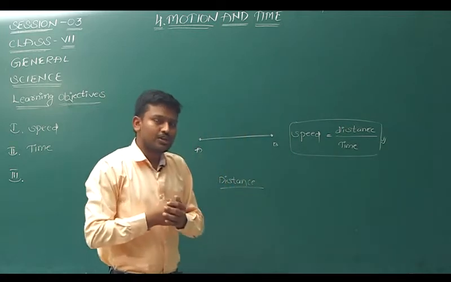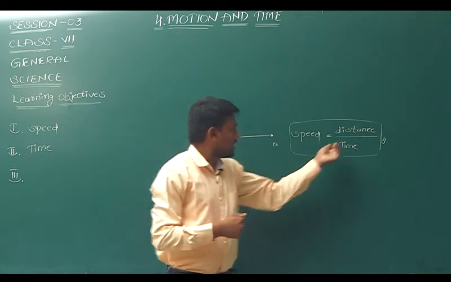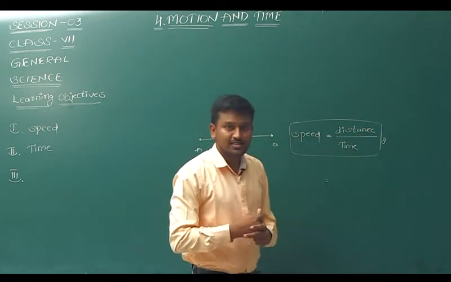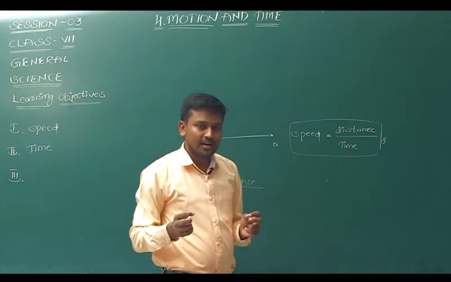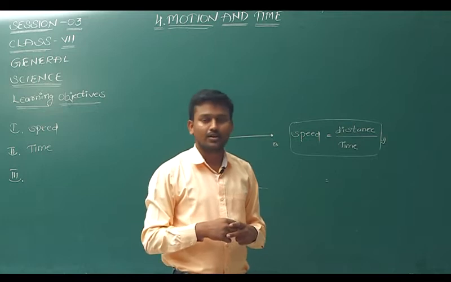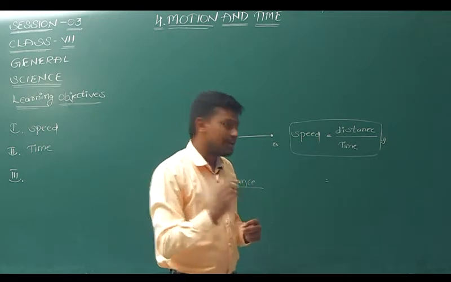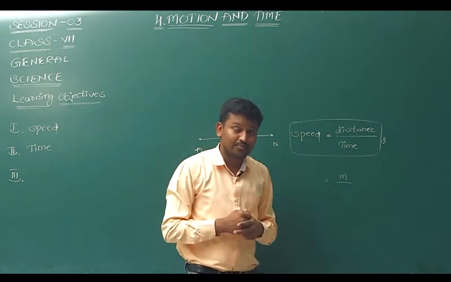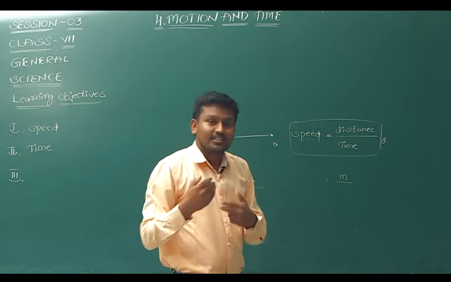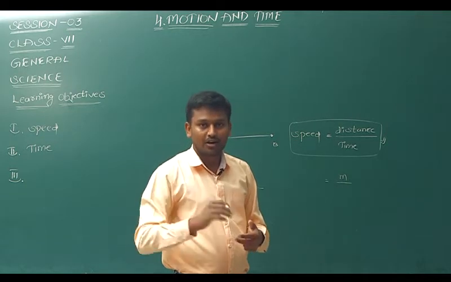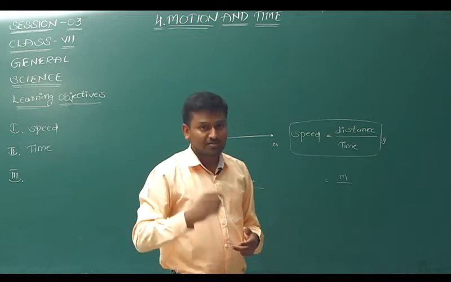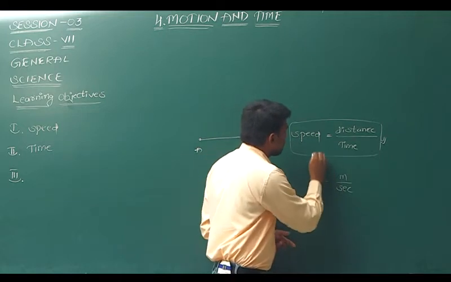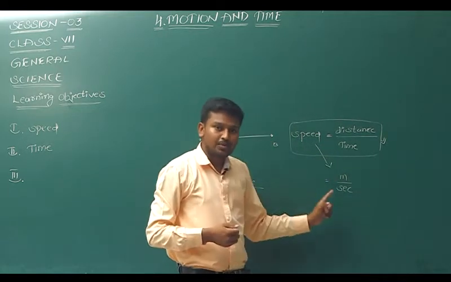And then what are the units of the speed? So simply we can write units of speed also from the formula. How? That is SI unit of distance. Most of the students may think that SI unit of distance is kilometer. No, SI unit of the distance is meters. Okay. So this is meters. And the time, SI unit of time, some students think that time SI unit is hours, not hours, second. The basic unit of time is second. So here we will write that as second. So simply the unit of speed is meter per second.